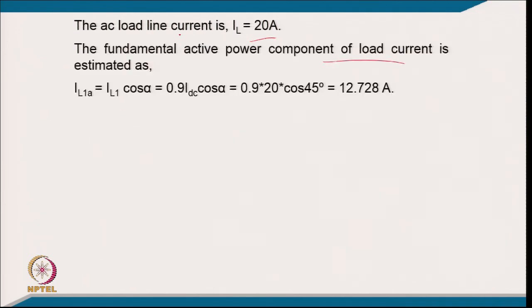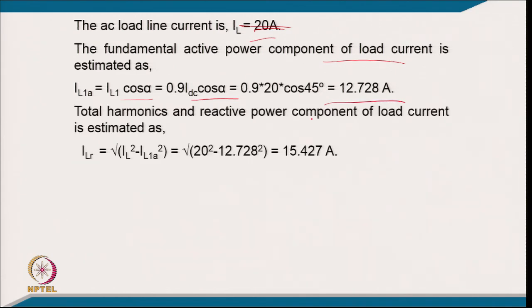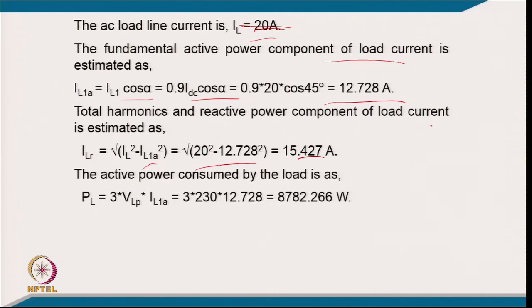component of, because it is a single phase, so it is a square wave, so that is the reason it came same as the DC of 20 ampere, and the fundamental active component is IL1 cos alpha, putting the value here, it comes 12.728 ampere, and total harmonics and reactive component will be the square root of IL square minus IL1 square, so putting the value it comes 15.427 ampere, and the active power consumed by the load will be 3 VL ILA, so it comes